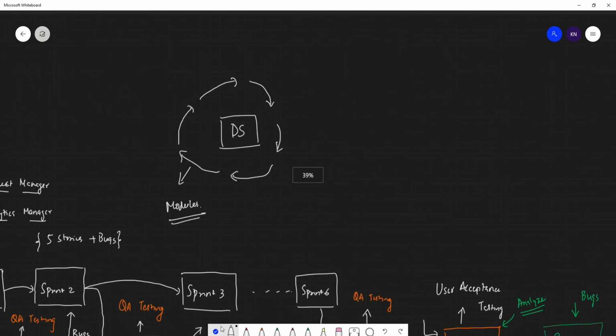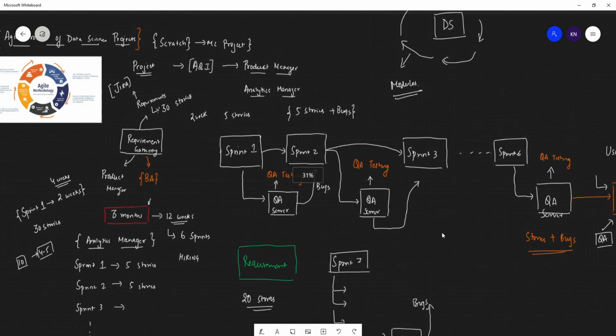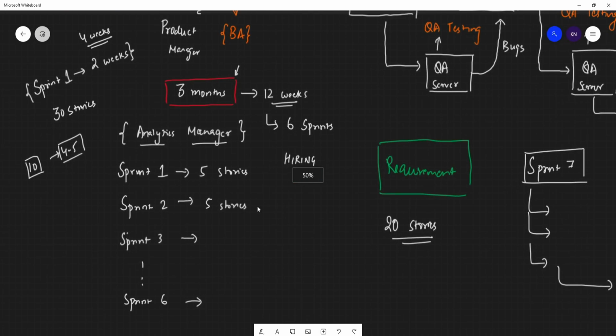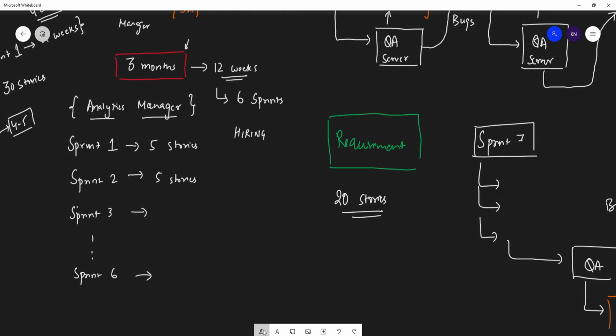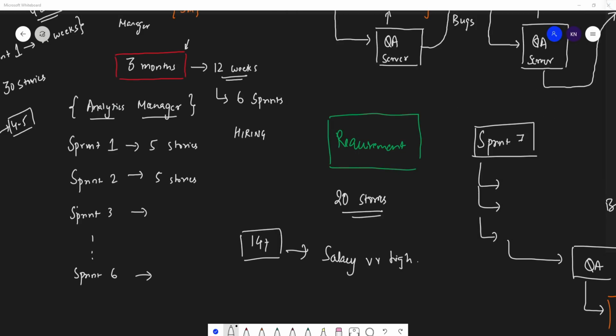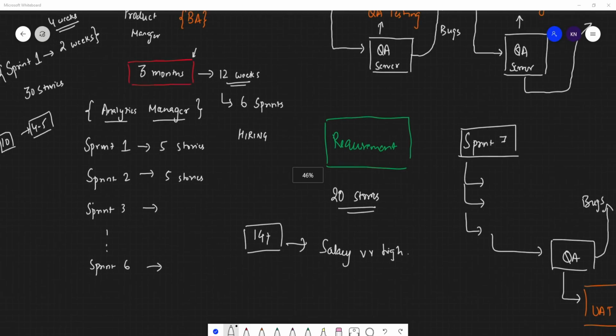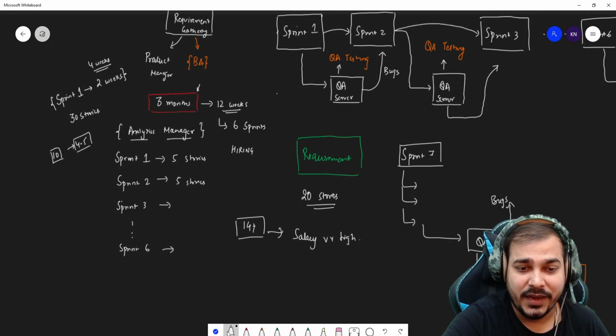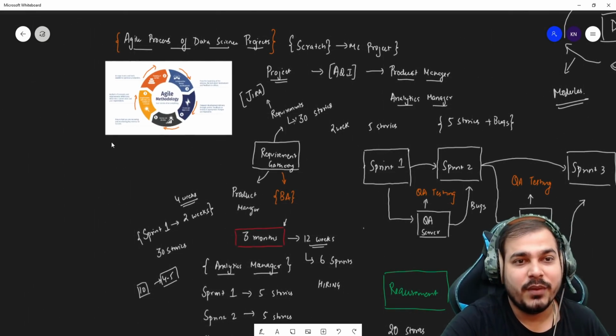So this in short was a basic understanding of the entire agile process. I've already shown you how sprint planning actually works. Definitely for a person with around 14 years of experience or 10 plus years of experience, they can look for this analytics role. It is an amazing role, guys. The salary will definitely be very high. So this is the thing that we have covered, and I hope you like this video. I hope you're able to understand how amazingly this entire thing is explained, and most data science projects will be following this